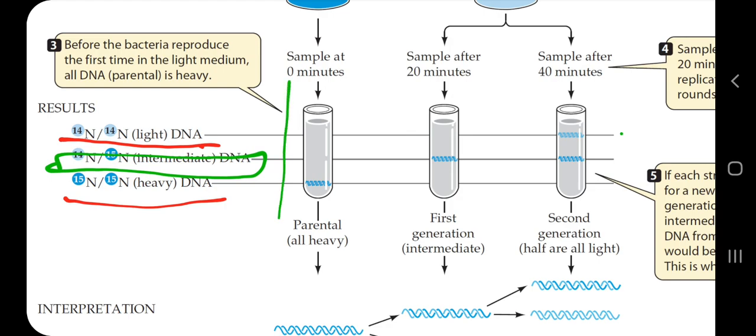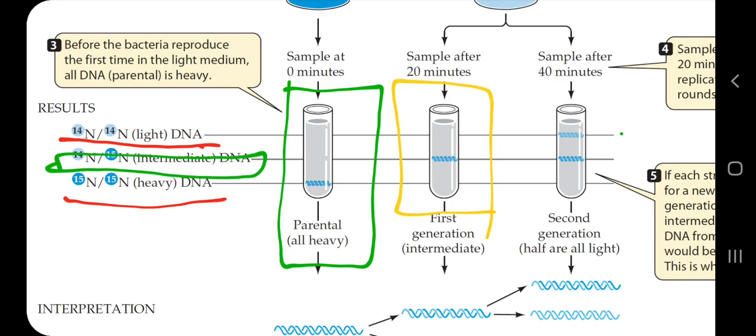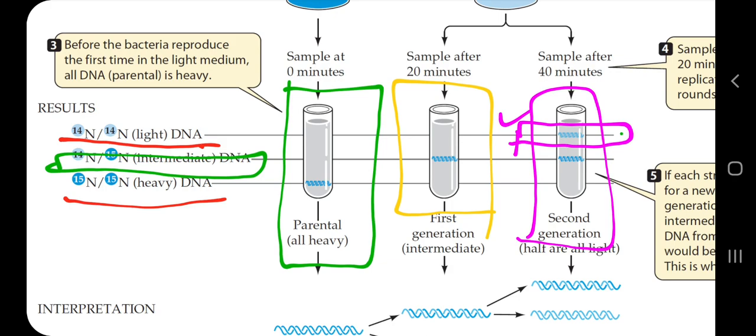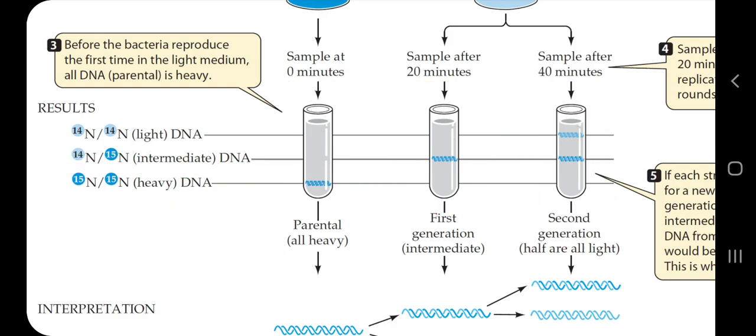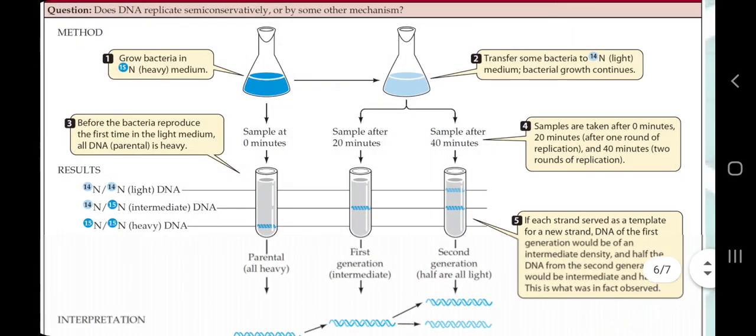So in the first test tube you can see the DNA band is heavy, by the same logic, and in the second test tube you can see it is lighter than the first one, and in the third test tube you can see one more band. This will be the lightest, which means 14N 14N. The first one is the heaviest, which means 15N 15N, and the intermediate will be one strand of 14N and one strand of 15N. So what does this mean? Let me explain the experiment as such. Now you are able to understand the experiment.